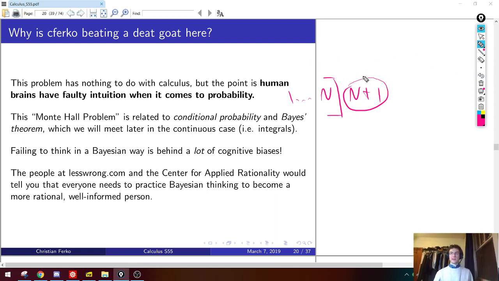The probability of getting a 20 on this roll is still 1 in 20, just as it was for all of those other ones. The fact that you got a bunch of low numbers doesn't mean you're somehow due to get a high number now. Of course, this is assuming that your die is not weighted. Well, yeah, a fair die. Anyway, I'm just flagging this. You might want to read. I might post some reading. There are certain organizations like the Center for Applied Rationality and the people at lesswrong.com that have guides for how to be more Bayesian in your thinking in everyday life.